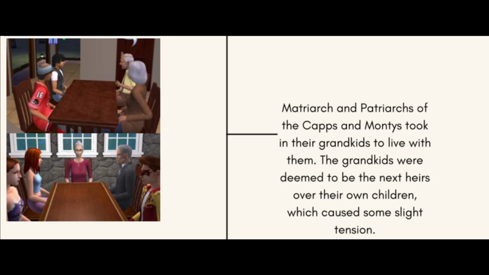Alrighty, so what was happening with the families in the early 2000s? So obviously the orphans, Mercutio and Romeo Monty, as well as Tybalt, Juliette, and Hermia Cap, had to move in with their grandparents. So Mercutio and Romeo moved in with Patrizio and Isabella at the Monty Ranch, and Tybalt, Juliette, and Hermia moved in with Contessa and Consort Cap at the Cap